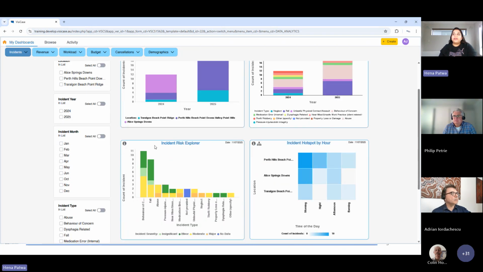We have Incident Risk Explorer. What it means is giving you an overall view over the years of how many incidents have happened with the severity in a particular category. So say if we had behavior of concerns, overall we had 11 incidents with behavior of concerns. And out of that, we had 5 as a moderate, 2 as insignificant, and 4 as the minor. So those are the legends, and you could have an overview of the categories along with the severities of the